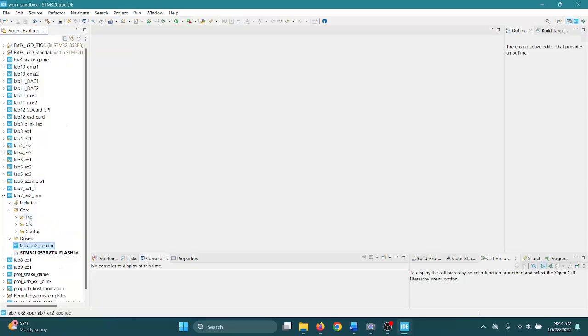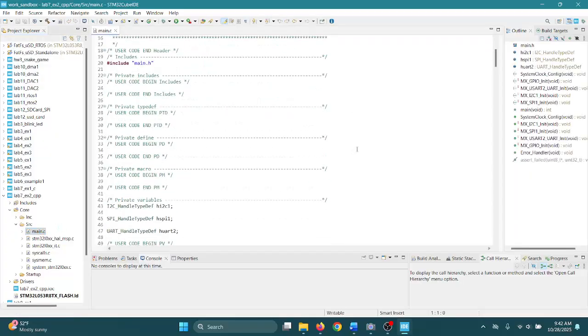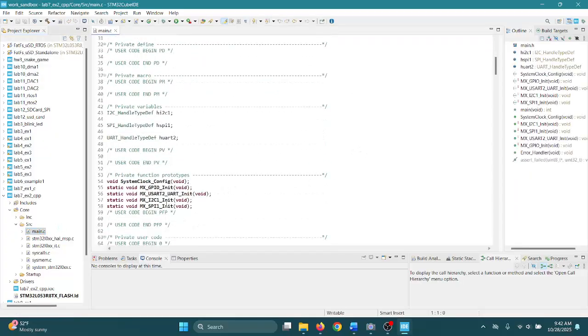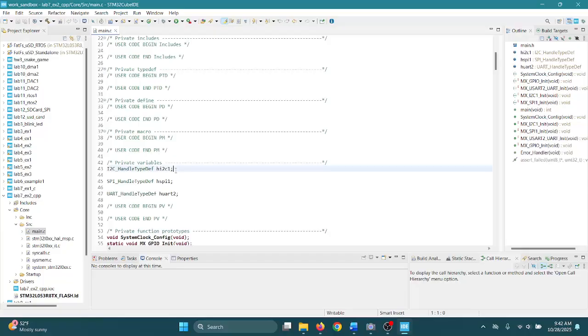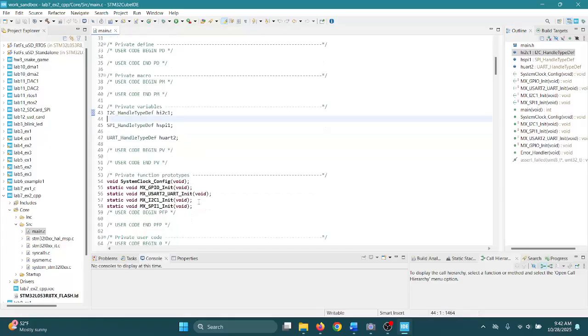And if we go to core sources and open main.c, we'll see that we have created this template file with all the global variables that will allow us to handle and work with the I2C, SPI and the default UART already